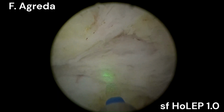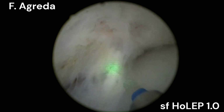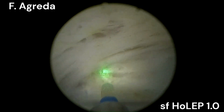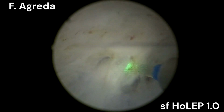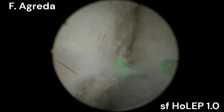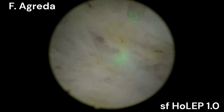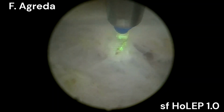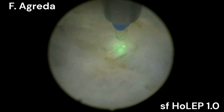Even when it's not very clear that any kind of capsule perforation brings problems, it's not been proved, I would say that if there is a prostate capsule, it has to have a function, so we better not disrupt it, not touch it, not do any kind of perforation. So here is just going in the direction of the bladder. You have to be very careful here. This is the area where most of the capsular perforations are going to happen,